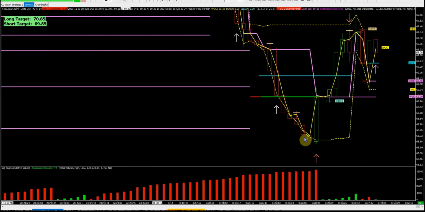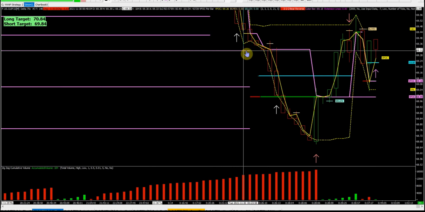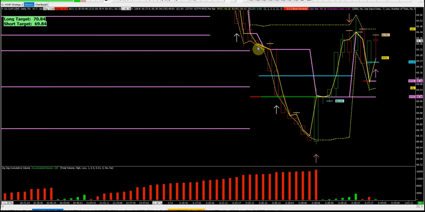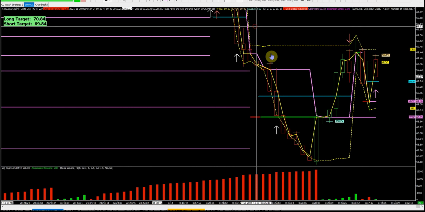Value area low is flattened out, so we're kind of done for the moment, at least for a few bars. You come up here. There's 69.06. There's 69.31. Sometimes I'll wait. I'll use two targets up. There's target 1, target 2, and then I'm out of the trade. And that would give you plenty of money. Now see where this is flattened out? Up here, watch for that retest. Okay? Again,